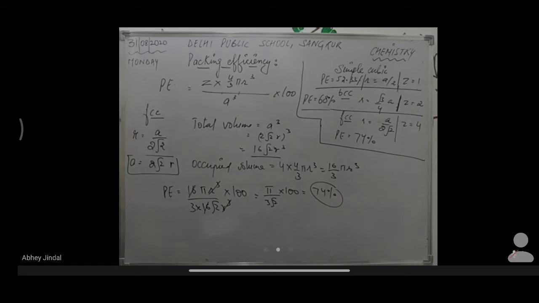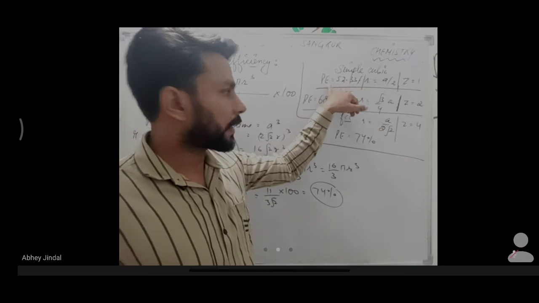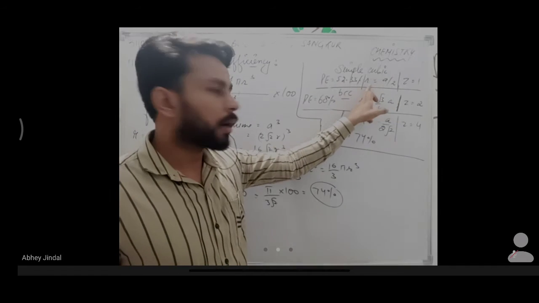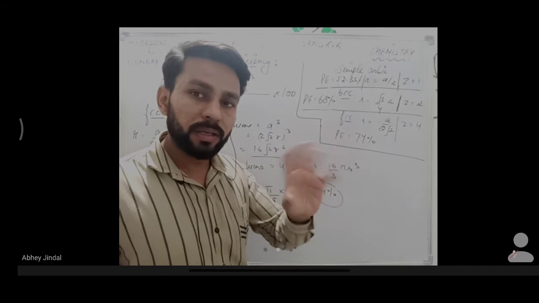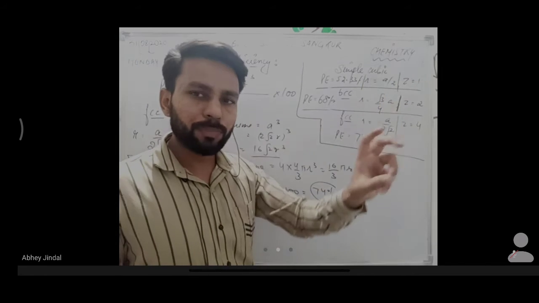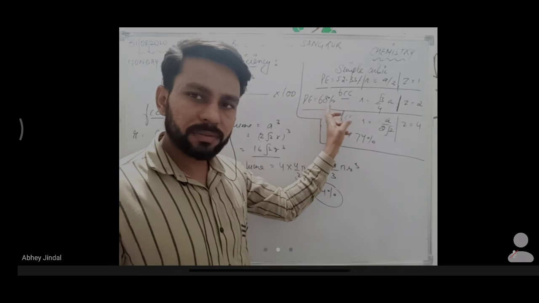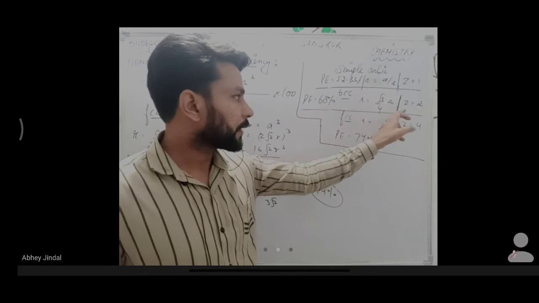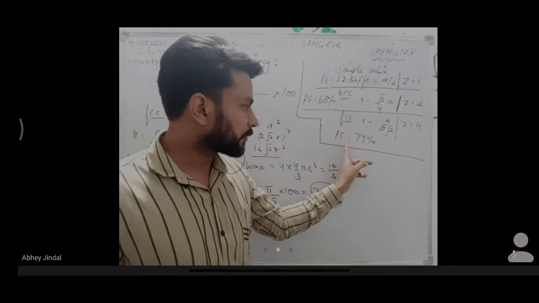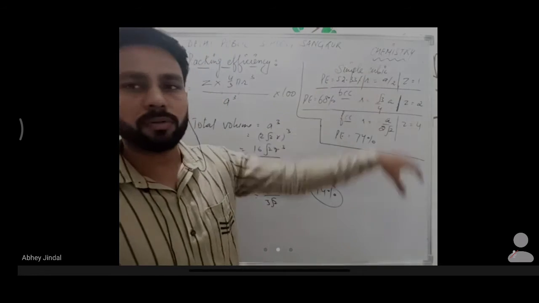Okay. So I hope that all of you have understood this very well, how to find the packing efficiency of each and every cell. So you have to keep in your mind these three things for each and every unit cell. For simple cubic, packing efficiency is 52.33. The value of r, the radius, that is distance between two nearest neighbors, is always equal to the edge length by 2, a by 2. And the number of atoms per unit cell is always equal to 1 for simple cubic unit cell. And packing efficiency for BCC is 68%, and r is root 3 by 4 a, and z is equal to 2, okay? And for FCC, packing efficiency is 74%, r is equal to a by 2 root 2, and z is equal to 4. You can take a screenshot for this also, if you want to take it.